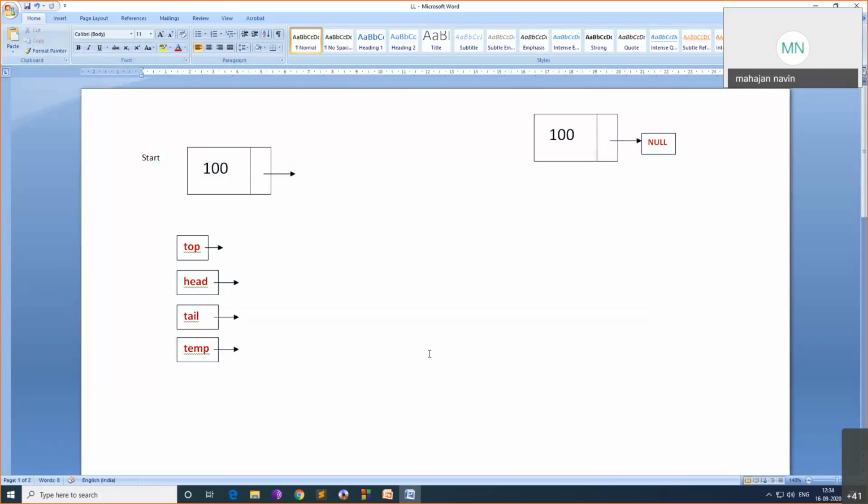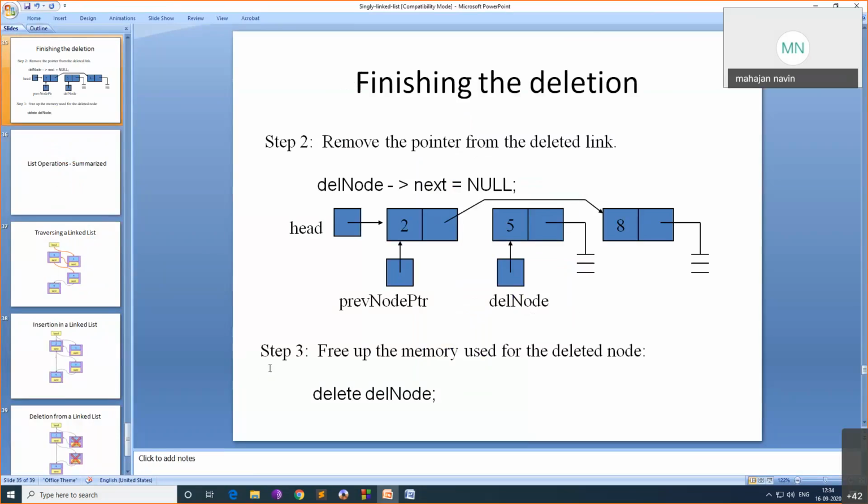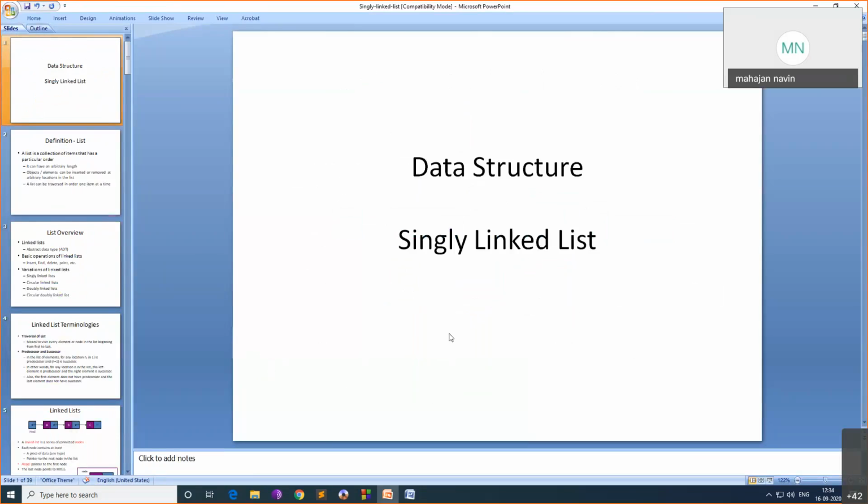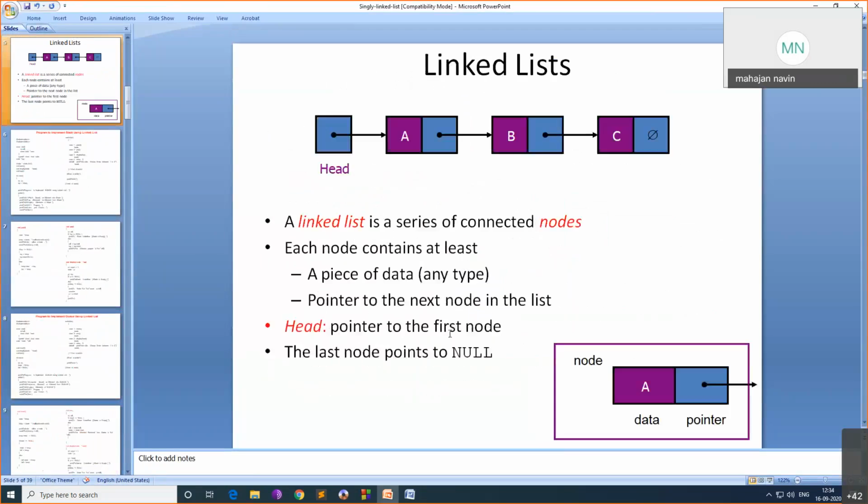Now, what is a linked list? We have seen earlier, no? A linked list is a data structure, a collection of nodes. So, this is a linked list. A linked list is a series of connected nodes, and a node will have two parts. One is data, and the second part is the address or pointer to the next node. Nodes are interconnected by the next pointer, which is part of the node.